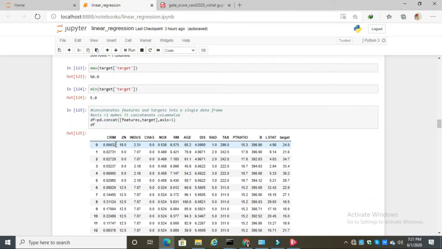Now we have to concatenate the feature and target into a single data frame.